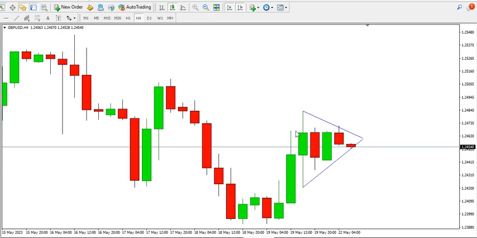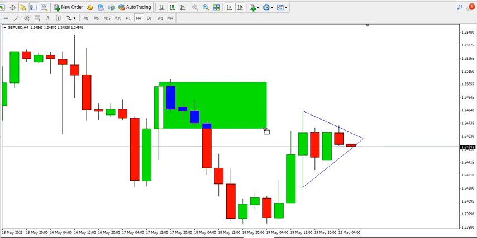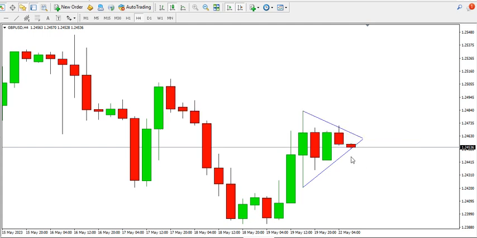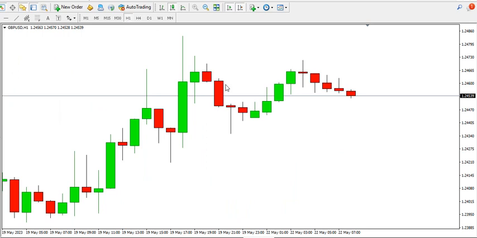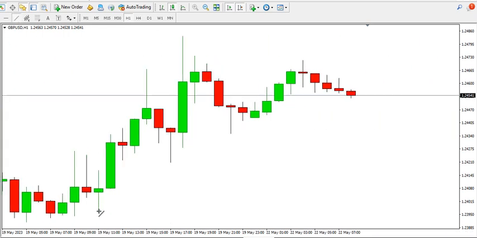But looking at these candlesticks, we have this up move. This up move was resisted by this other block. Looking at this other block, I see price going into the other block, and then price might want to go down before coming back to the other block. So you might want to look for possible bearish or short opportunities. Looking at the 1 hour time frame,